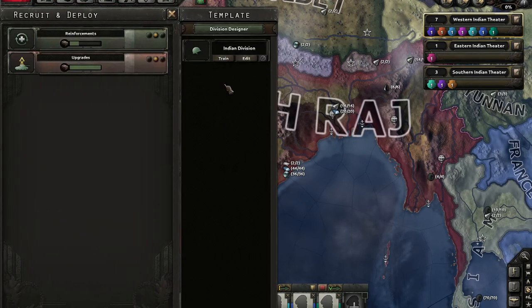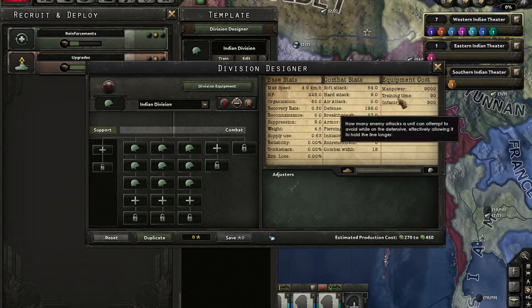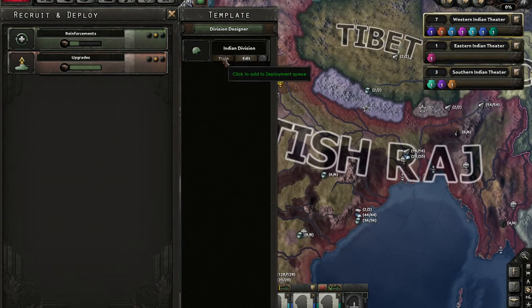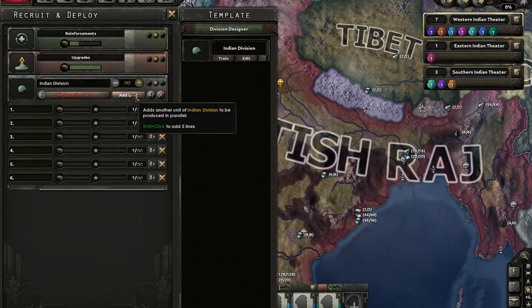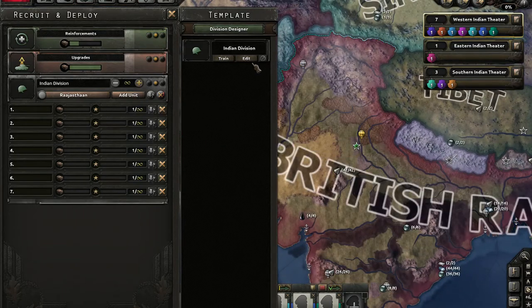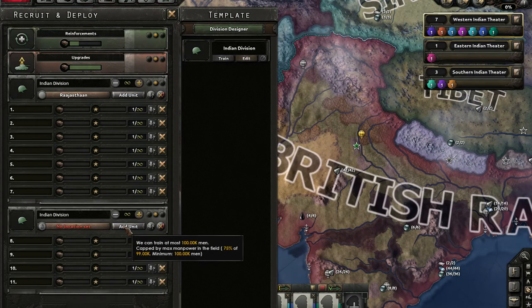So we'll get started into recruiting our divisions for our armies, and it's a standard template 3x3. It doesn't have any support battalions yet, but we can start getting on that. So we'll just train 7, and then we'll put that here. We'll actually train maybe another group of...